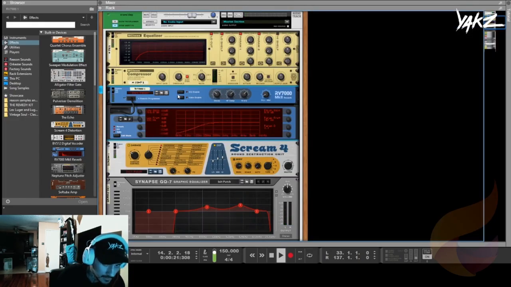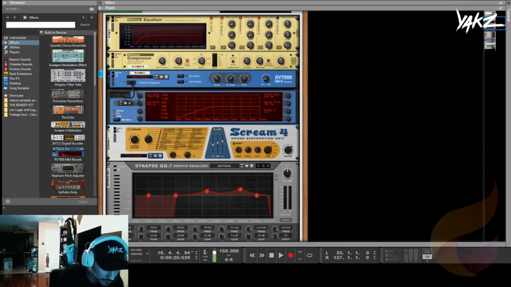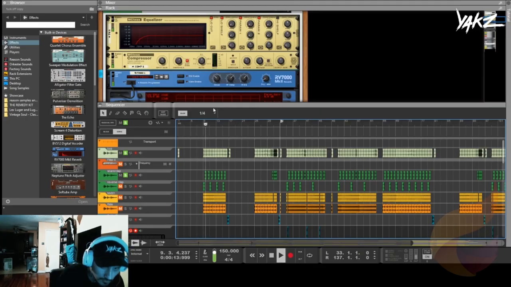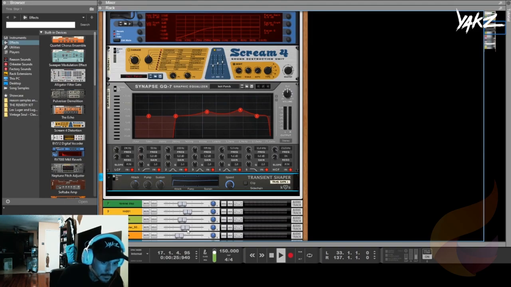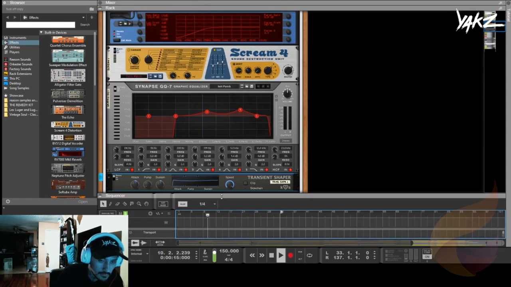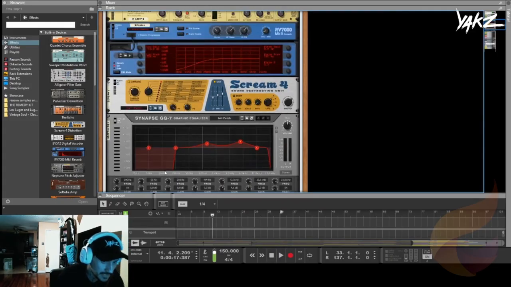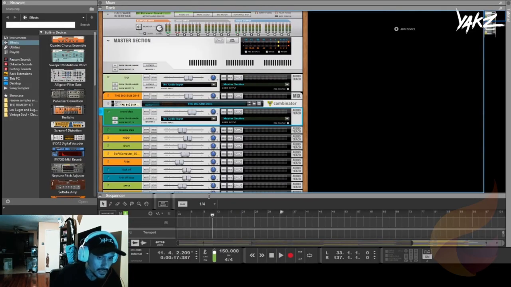EQ'd again the same way. This time I didn't put EQ enable and gate. This is distortion. It's called Scream. It's pretty much like using OTT, but a little bit more buttons. I don't really mess with the body. And then I EQ'd it because if I take this off, see, it doesn't hit as hard. You won't really hear much of what the transient shaper is doing, but it is giving it that extra little